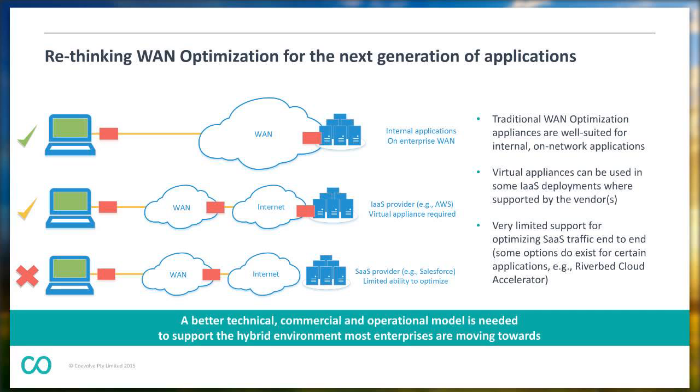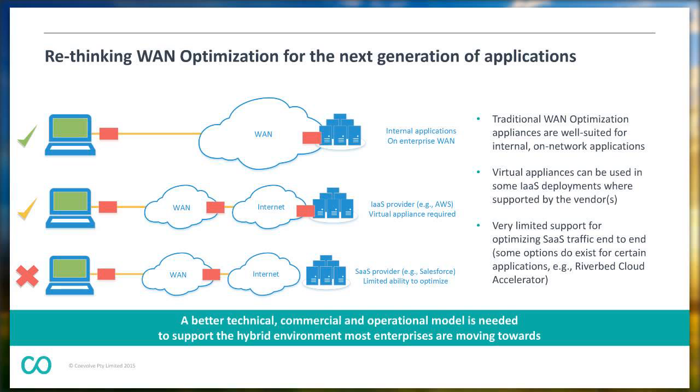The real challenge is when you start looking at public cloud applications where it's not your infrastructure, you're just accessing a web-based application where all of the stack below that is managed by a third party. You don't get the opportunity to deploy virtual appliances into that environment. There's a handful of exceptions where Amazon, for example, has the ability to optimize some of that traffic.